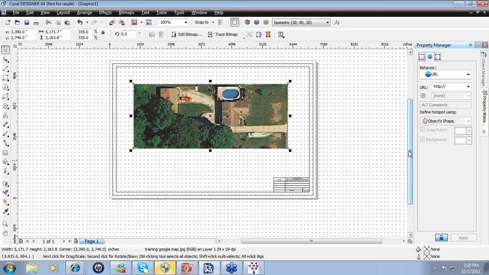Once the map does appear on the page, we do need to recalibrate this map to make sure that it is in scale to the scale that we chose for our design. I chose a 1/16 scale. In order to recalibrate your imported Google Map to the scale that you chose, you must have a known distance